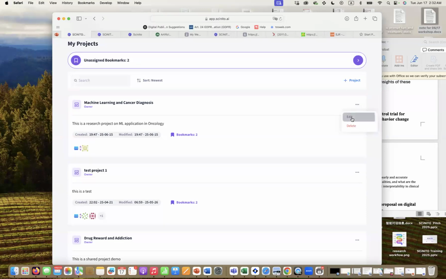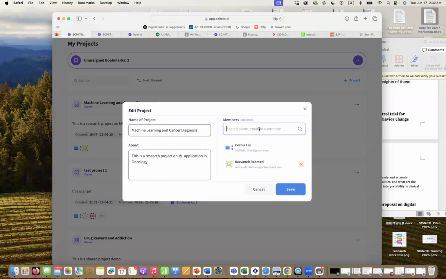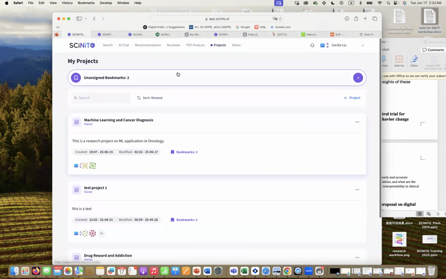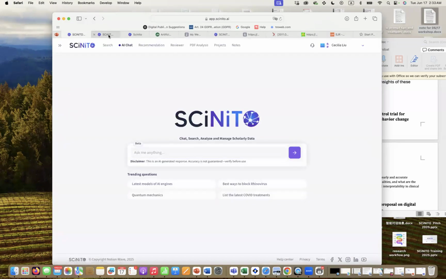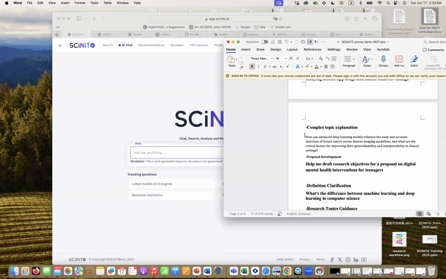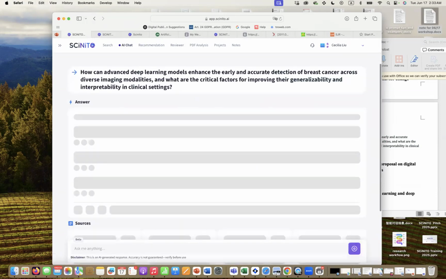So what you do is edit this project, invite members from your organization, bookmark and share specific chat histories in that project with your co-authors, which takes me to